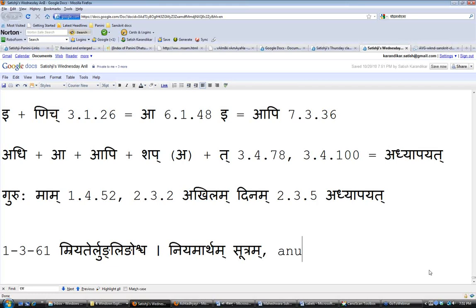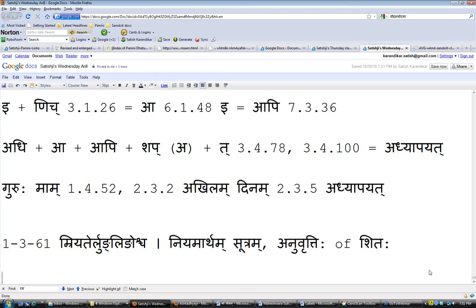Okay, so that will now give us what we need. The anuvritti of Shita house. All right, now let's try it again, Karthik. So now what we want to make is